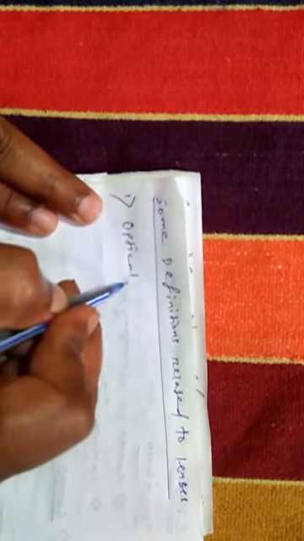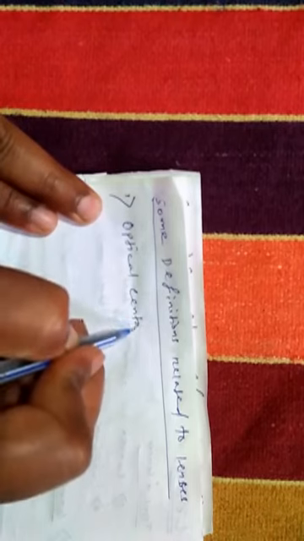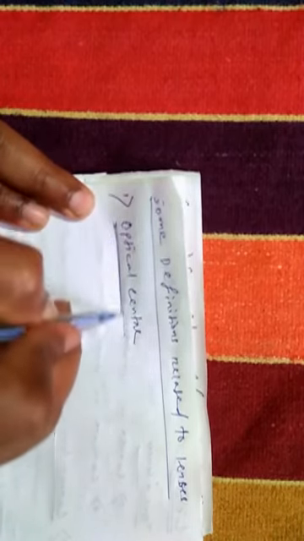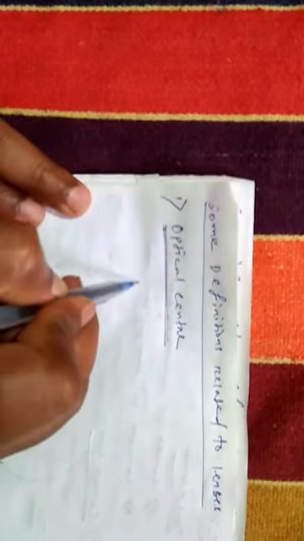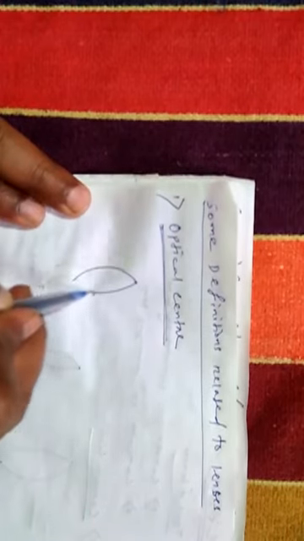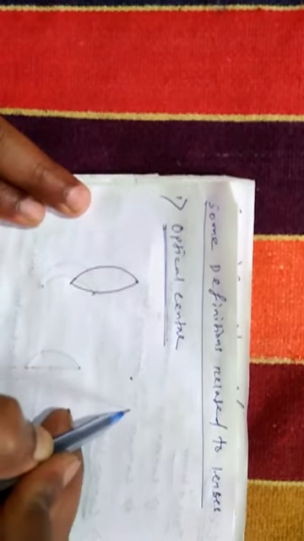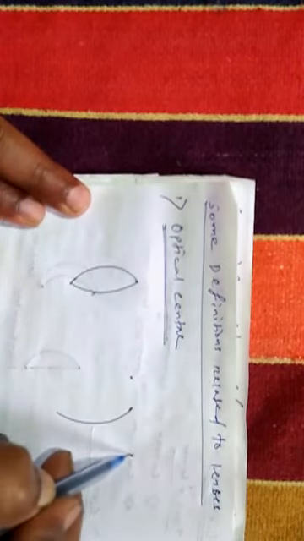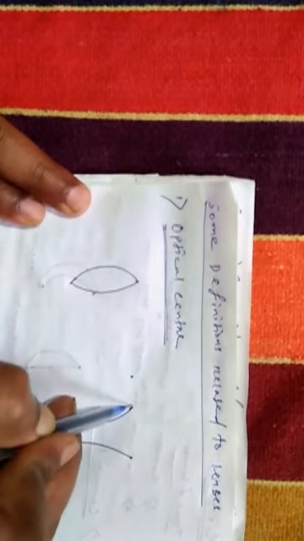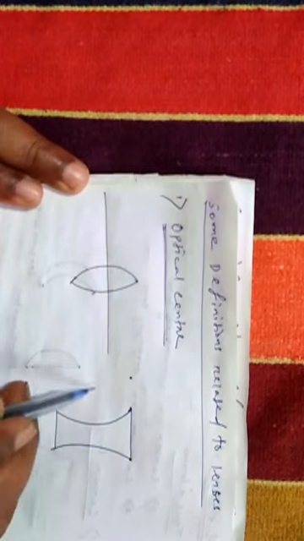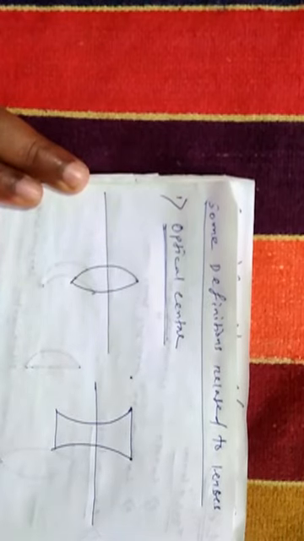So what is optical center? Optical center is a point on the lens